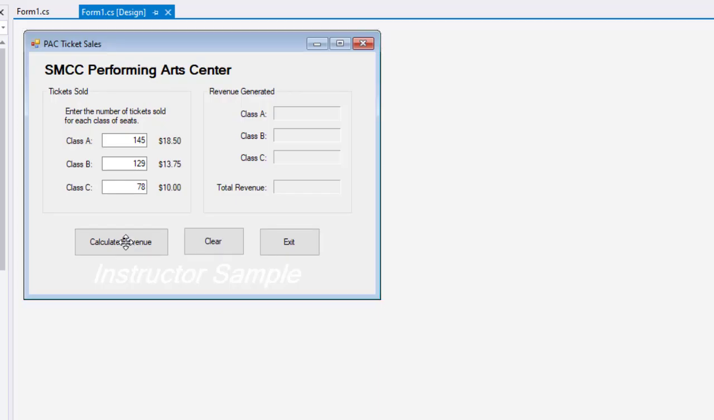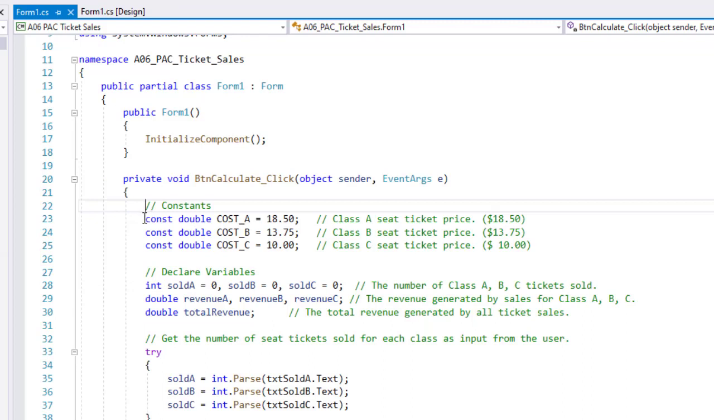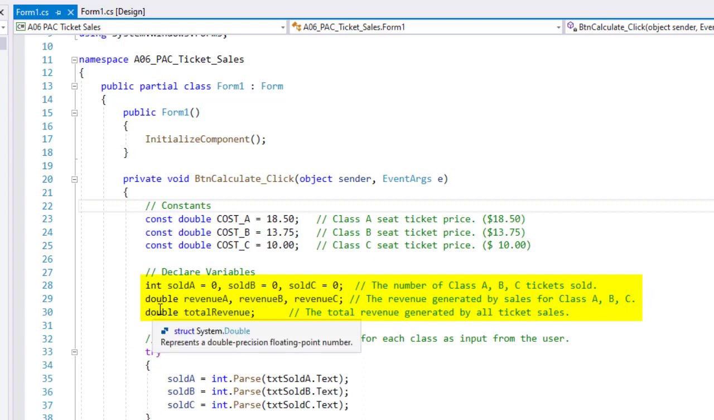And then our calculate revenue button. I set some constants that are type double of cost underscore A, cost underscore B, cost underscore C. These are our ticket prices, $18.50, $13.75, and $10. I created some variables. Sold A equals 0, sold B equals 0, sold C equals 0. And some double values, since these are going to be integers because we can't sell half a ticket or half a seat. Then the double values, which are revenue A, revenue B, and revenue C,